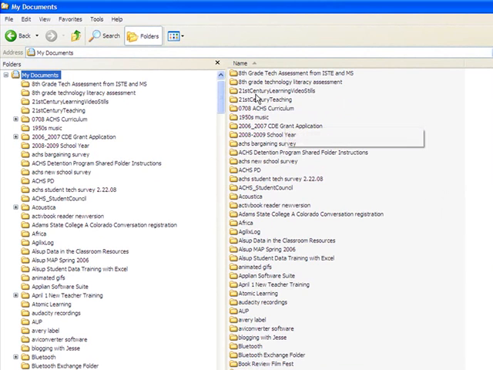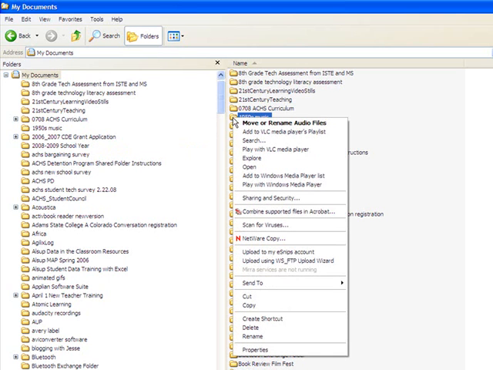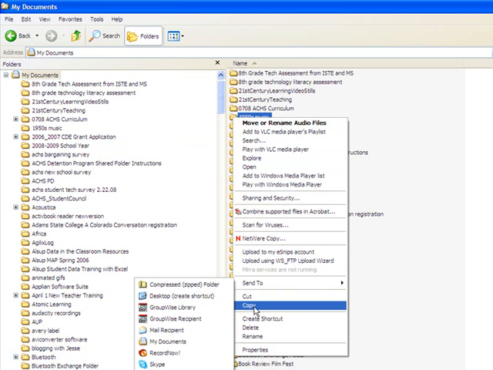For example, look down here. Here's a folder, 1950s music. I don't want to lose this, so I want to move it, or actually not move it, but just copy this to my flash drive. So I'm going to right-click on that folder labeled 1950s music. I'm going to get a pop-up window, and as I scroll down, I'm going to see that I have an